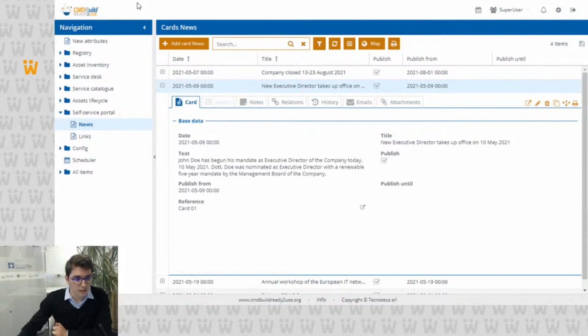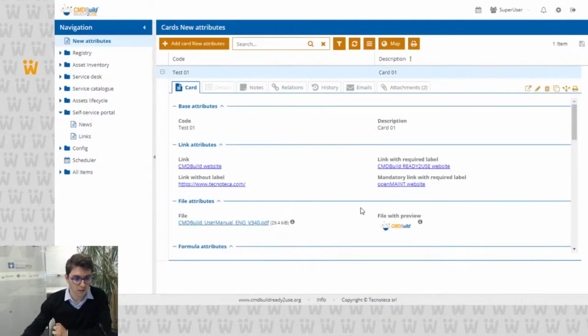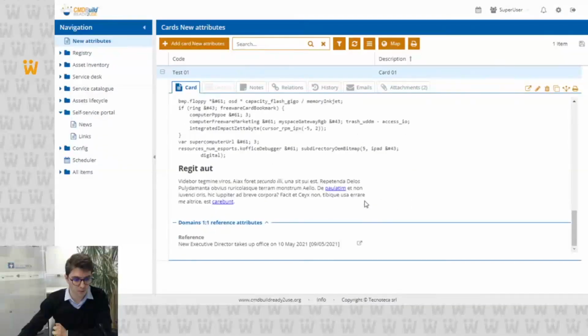In this case, I have added the domain one-to-one in both classes, and then I can navigate from one class to the other. Well, if I go on edit,